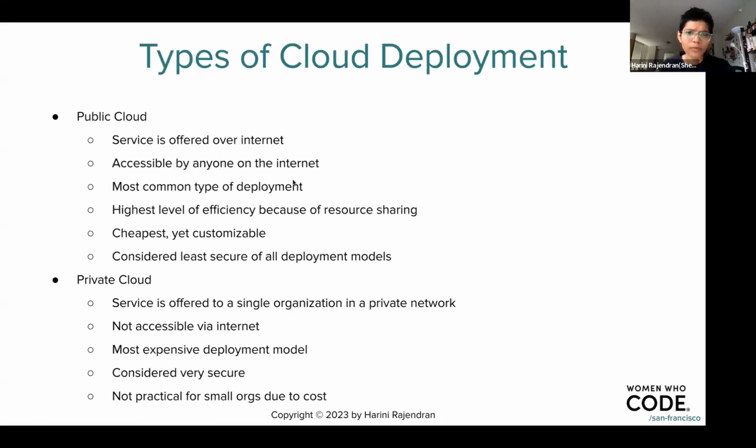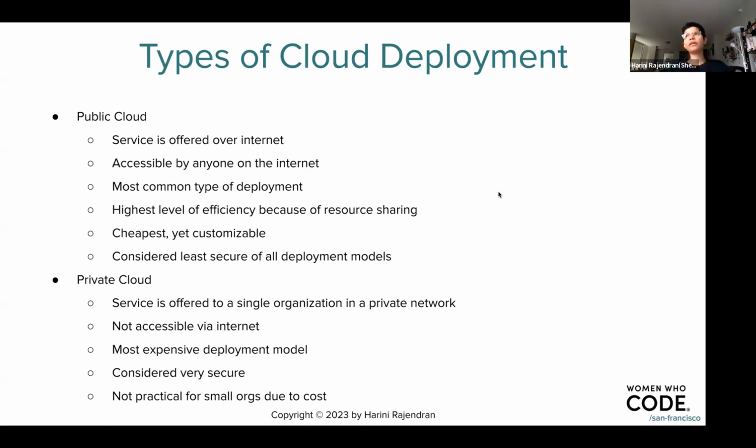And then those are the different kinds of deployment models, right? And then another differentiation, I would say, is the type of cloud services. Usually we call it private cloud, public cloud, and hybrid cloud. So let's see what those are.